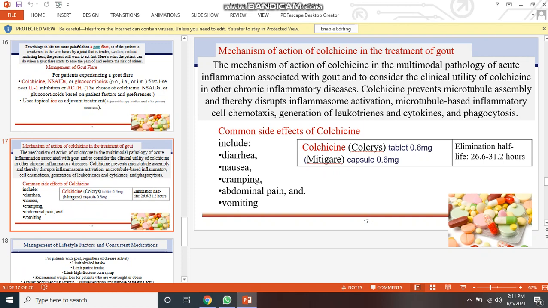Mechanism of action of colchicine in the treatment of gout. The mechanism of the action of colchicine in the multifaceted pathology of acute inflammation associated with gout, and to consider the clinical utility of colchicine in other chronic inflammatory disease. Colchicine prevents microtubule assembly and thereby disturbs inflammasome activation, microtubule-based inflammatory cell chemotaxis, generation of leukotrienes and cytokines, and phagocytosis. Common side effects of colchicine include